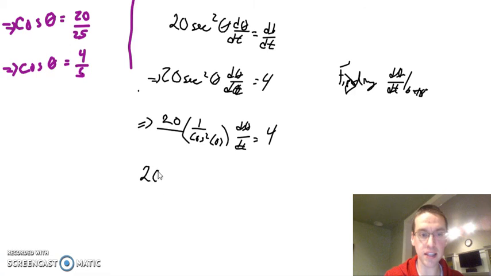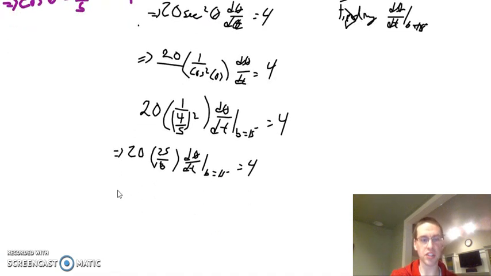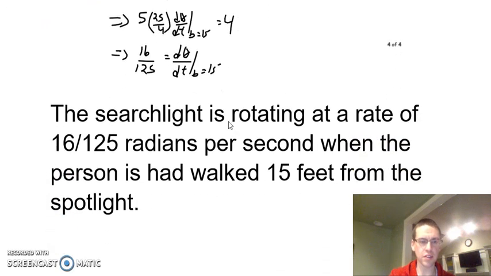So I could state here, that's really 4 over 5 squared, d theta over dt, because I plugged in, that's when B equals 15. And because I plugged that in, I can now solve that. It's really saying 20 times 25 over 16, excuse me. And now the simplification goes. So you guys can simplify. And so you should have gotten, when you simplified it out, 16 over 125